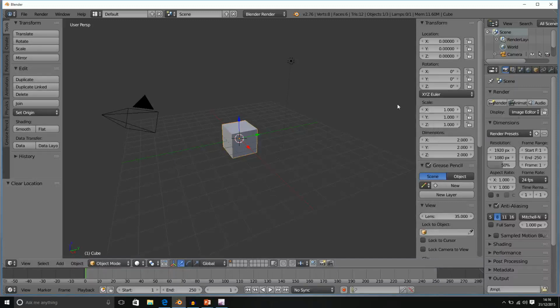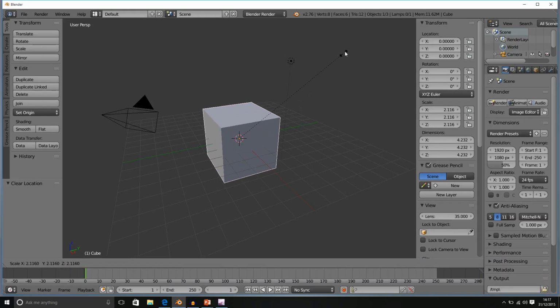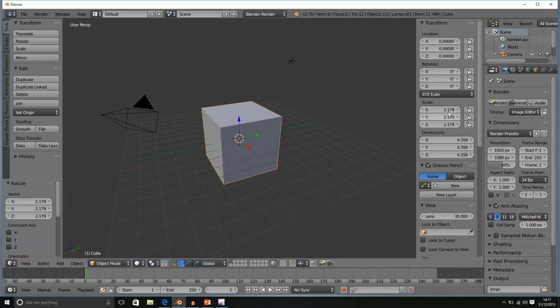These are all applied values. If we scale our object, for example, we can see that our values increase. By applying our location, rotation or scale, we revert these values back to the default 1 or these values back to the default of 0